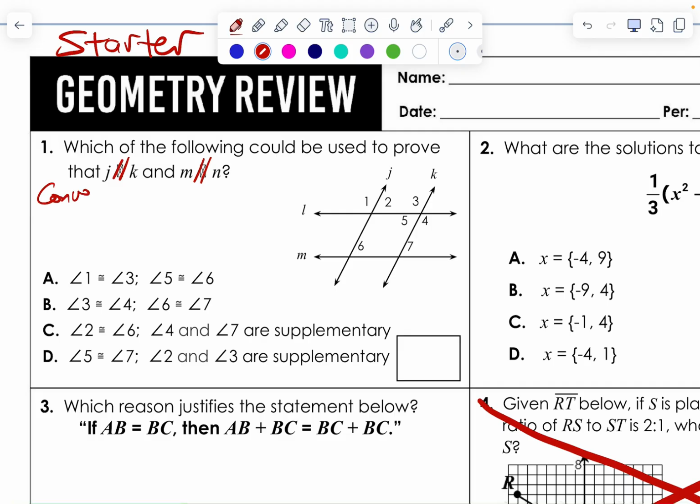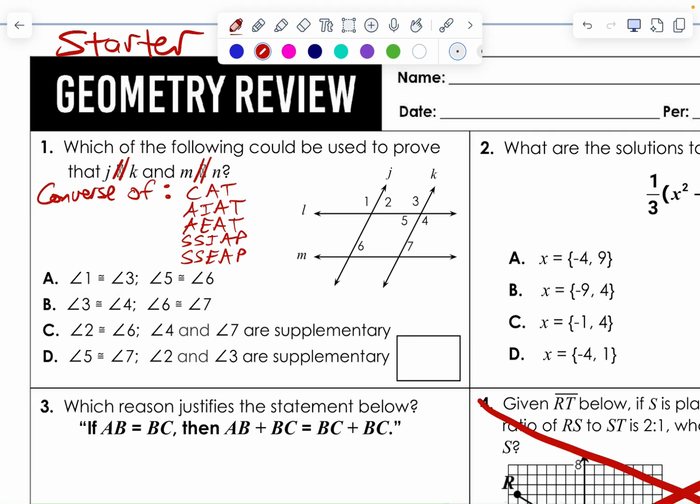So, converse of corresponding angles, alternate interior, alternate exterior, same side interior, and same side exterior. So one of those 5 is good enough to prove that 2 lines are parallel. So it's on these probably